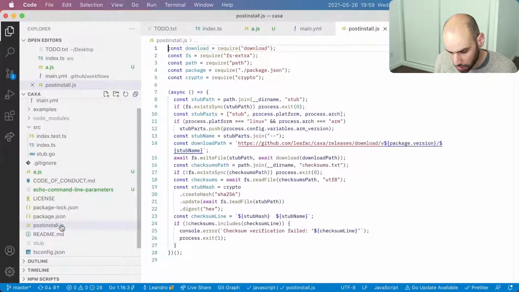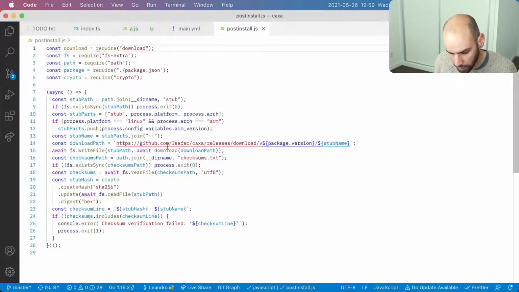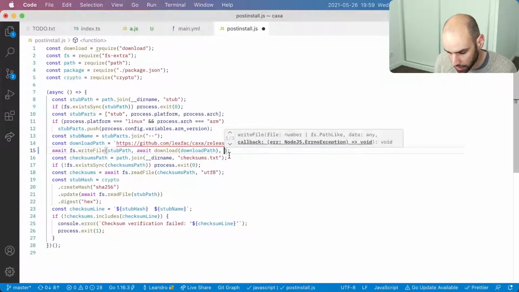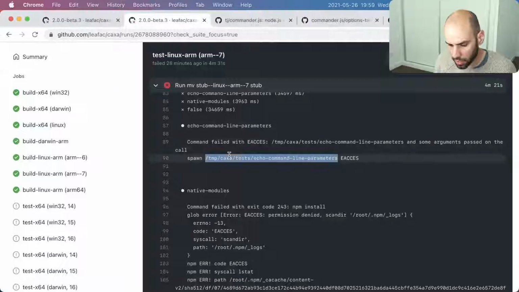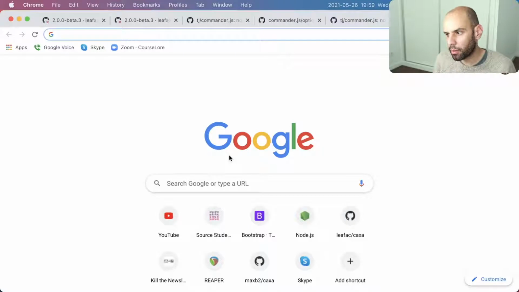Yes, here on the postinstall, after downloading, or when writing the file actually, I guess I can pass a flag, right? I will go to the documentation for writeFile real quick. The problem is that the file doesn't have the executable flag enabled. So we'll do that real quick. I will push this and then I'll talk about what we'll do tomorrow.